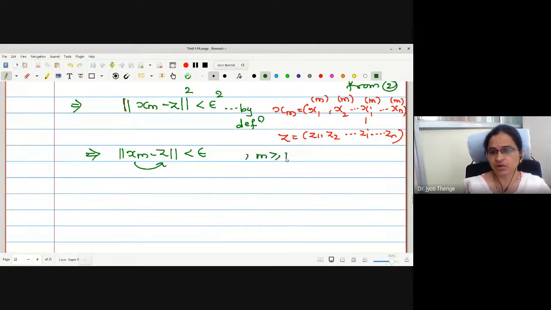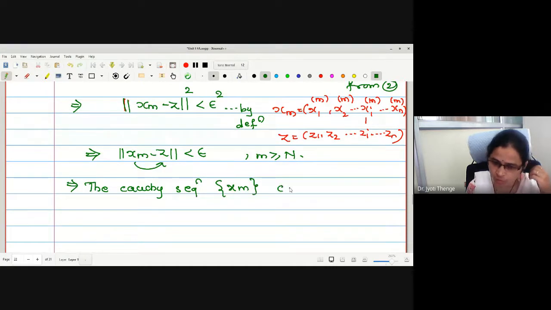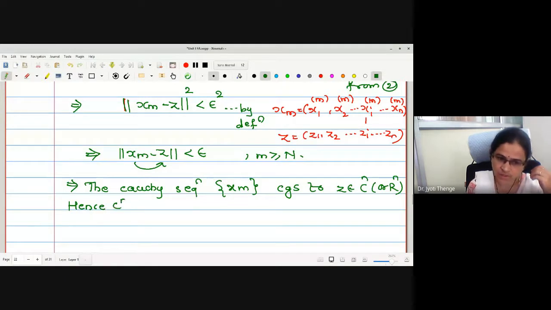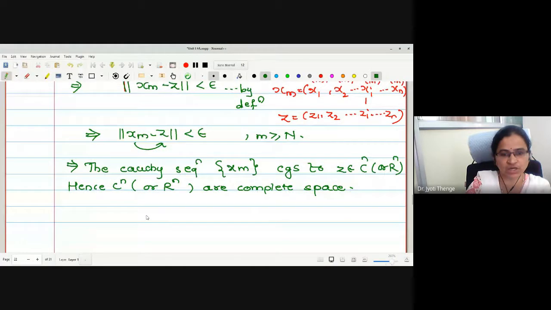So here I will write m greater than or equal to n, only because L tends to infinity we have already taken. This implies the Cauchy sequence xm converges to z belonging to Cn or Rn, right? Hence, Cn or Rn are complete spaces. Now step number 1 says that both are normed linear spaces. Step 2 tells us both are